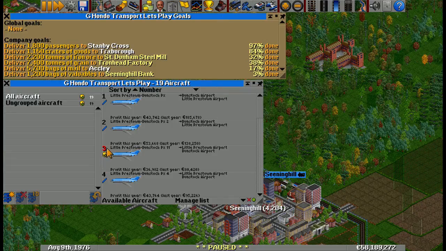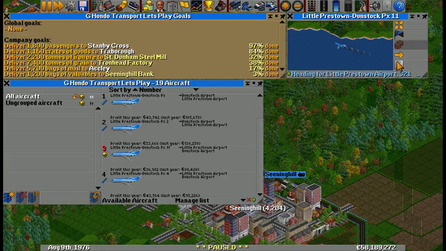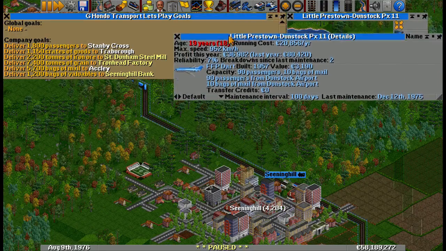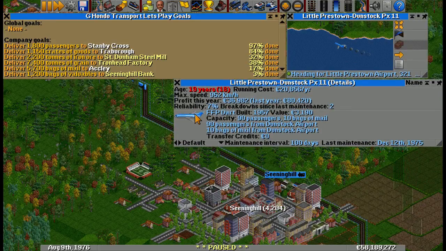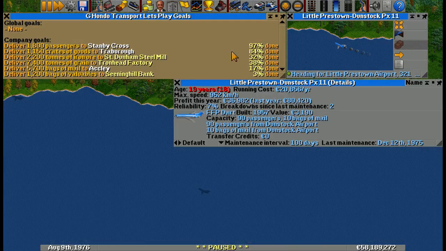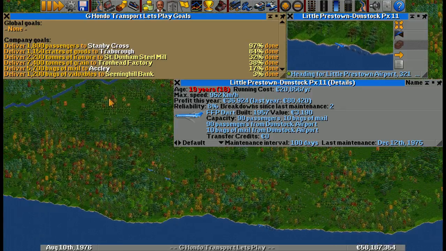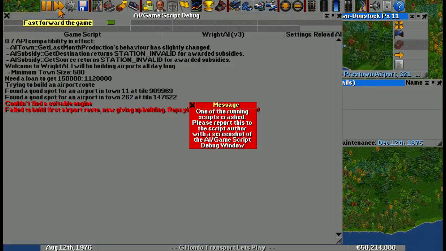Okay, now I notice this one here in red text. That means this one's at or near its end of life anyway. So this is a good example that we can watch. All things being equal, this plane should upgrade from the FFP Dart to a Darwin 300. So we're just going to go ahead and let the game run here and watch that happen. And we'll put the speed up a bit because it's still got a pretty long...